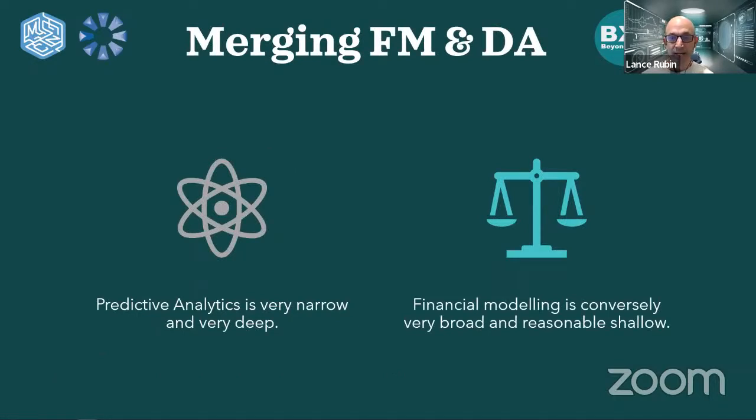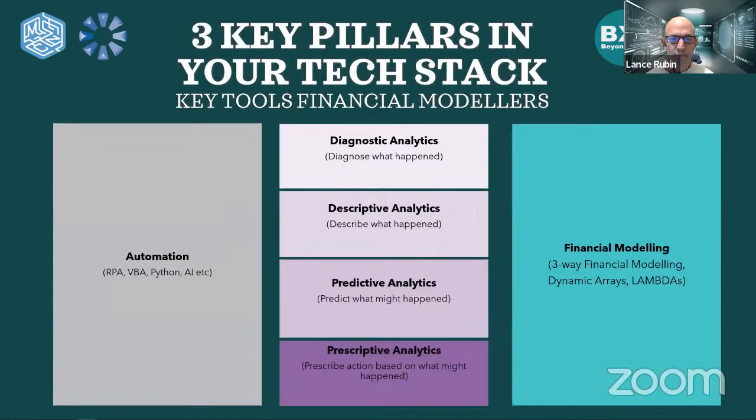Now, financial modeling and analytics sound the same, but they're actually quite different. Financial modeling is more open and broader. Data analytics is much bigger data, so it's much deeper. So those are the challenges that we often have. But the key thing here is looking at the entire tech stack for finance and financial modeling. You want to think about automation. So we're going to absolutely cover automation in terms of building models quicker using dynamic arrays and LAMBDAs. We're going to touch on analytics towards the end, and Fabric and Power BI. But then, of course, as everyone knows, our passion for all of us is the financial modeling, three-way modeling, and some of the Excel innovation.